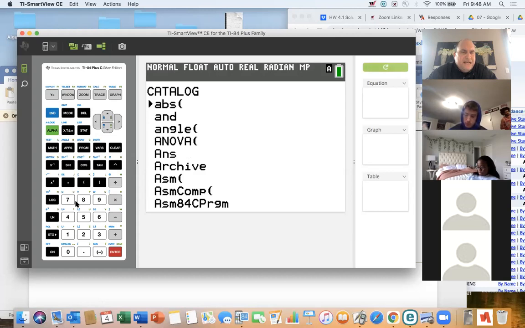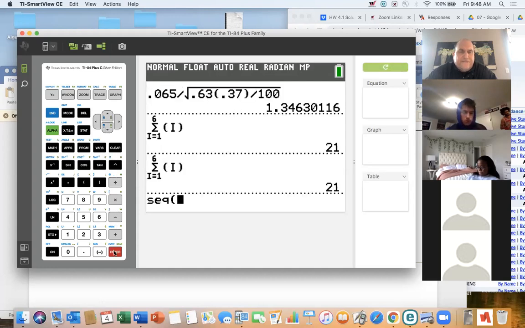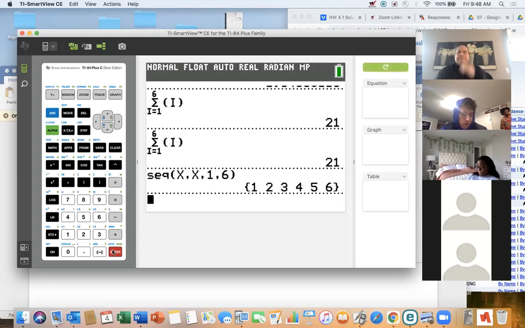I can tell it to go to S. I forget the syntax here, but I'm going to try this. Might not give it what I want. Yeah, it does. So if you've got the older calculators,